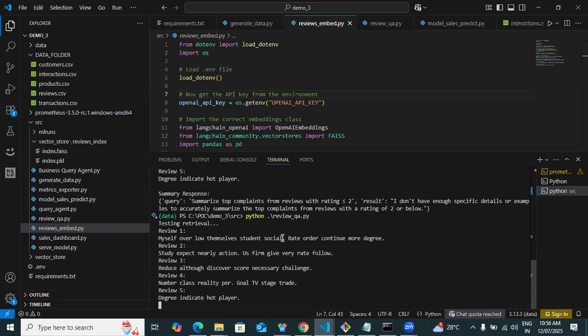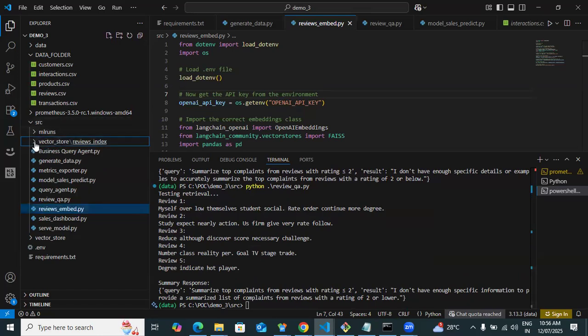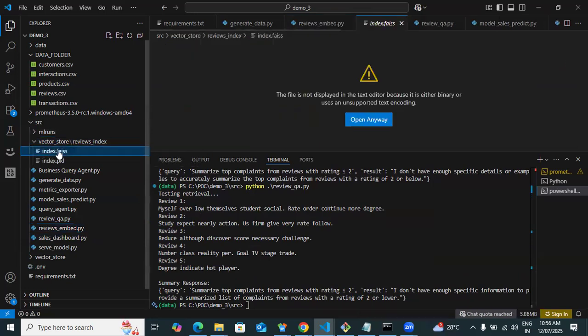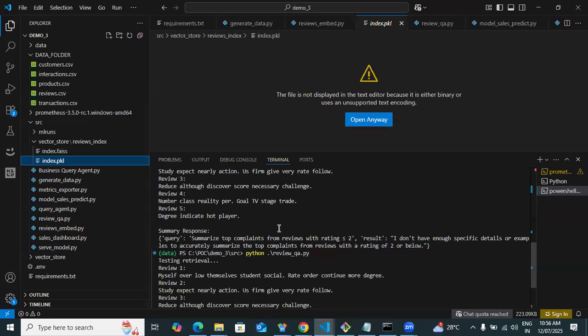Yes. So here you can see, after running this code, the vector store database got created and a pickle file also got created in index.faiss. This is the vector database that got created, and after the database was created I queried that particular vector database,